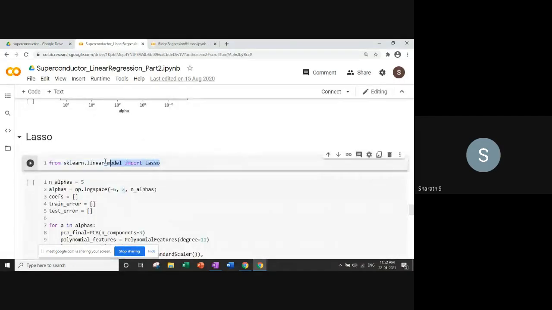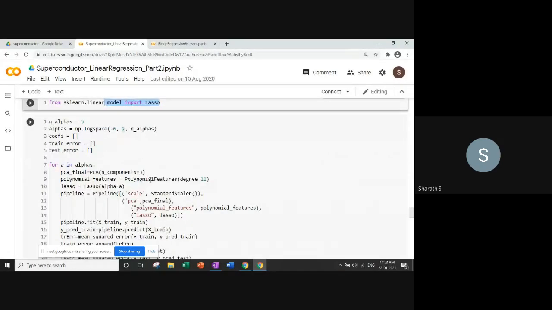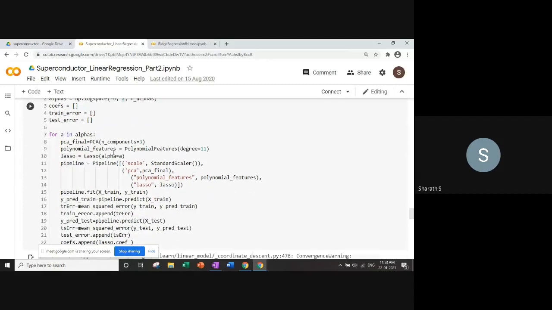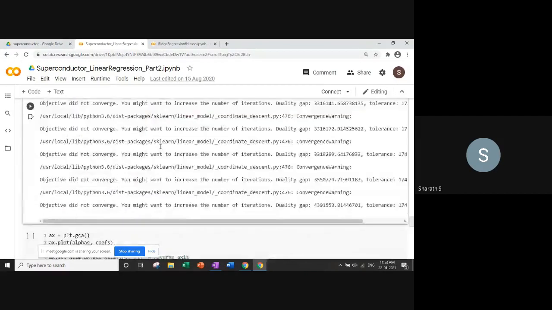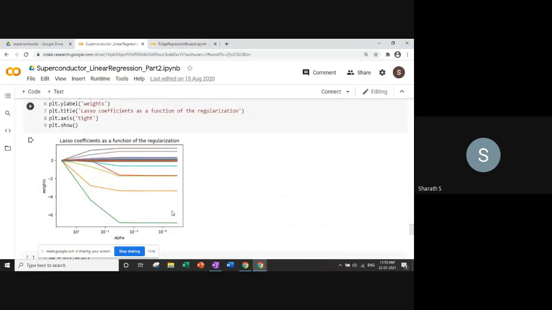So we have imported Lasso, which is again available in sklearn, and instead of Ridge, which we called earlier, we are going to call Lasso in its place with the tunable parameter value alpha. Again, we have chosen the highest polynomial degree order, which is 11, and we have a pipeline which works out. And now you see here how the lasso works, how the coefficients are driven in lasso. From here itself, many of the coefficients are turned towards zero, and at the alpha value of 10, most of the coefficients have gone to zero.